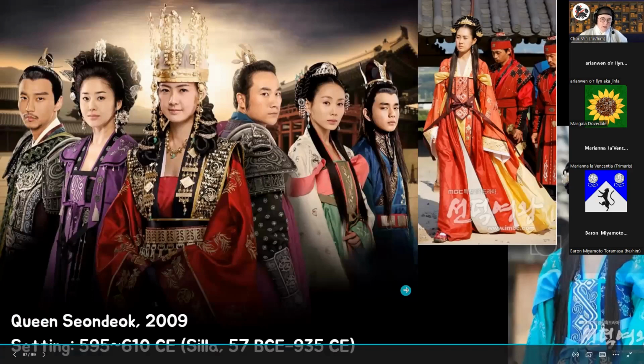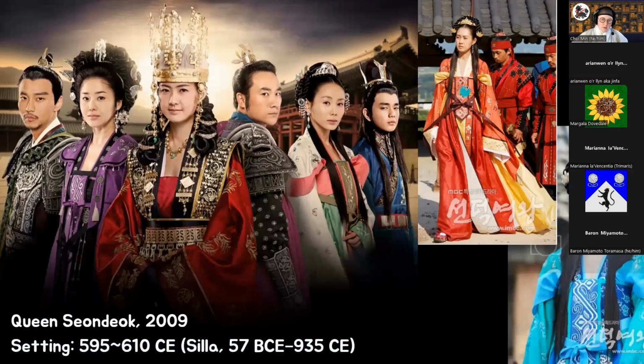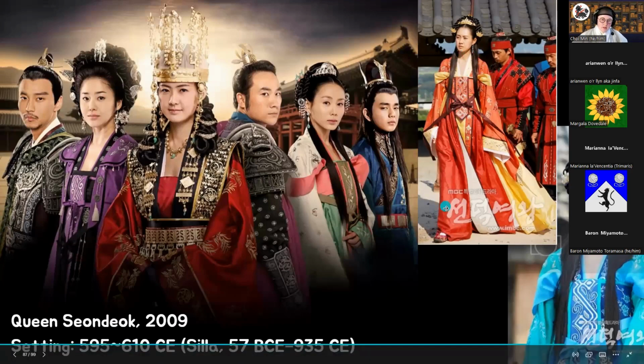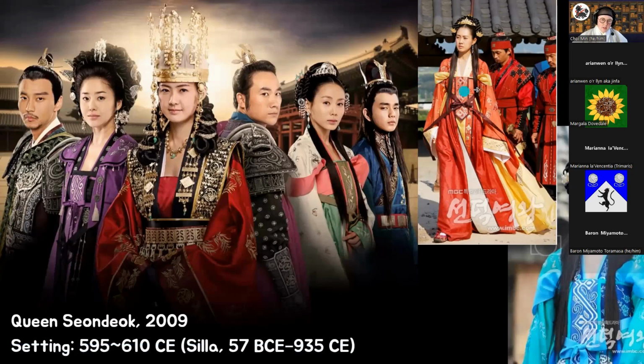Here are some more pictures of that, and you can see I don't know what these front flaps are or why those Tang Dynasty shawls are tucked into this thing, but you can see this and then these shoulder flaps.